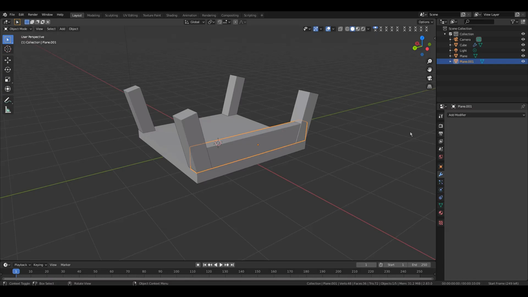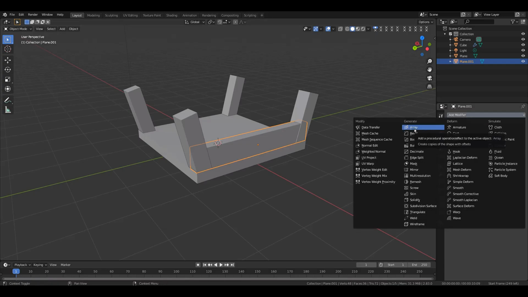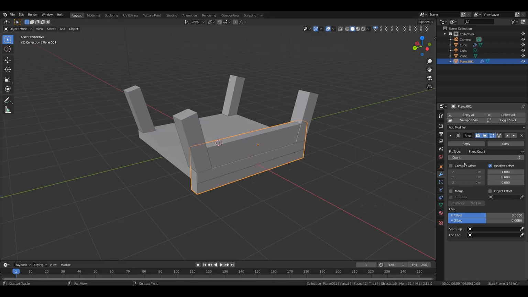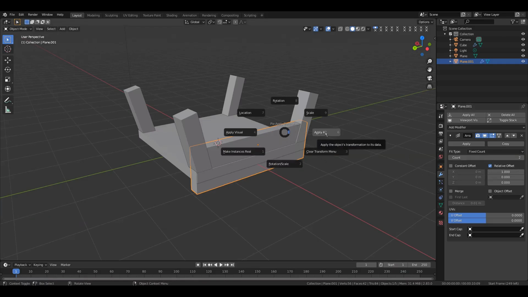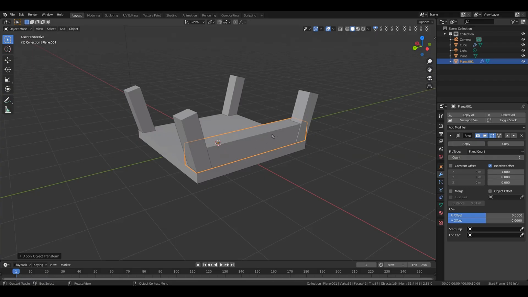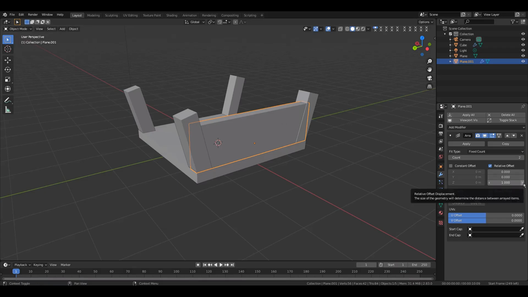Now select this plane, then go to the modifier, then add an array modifier. And before we change these values, press Ctrl A, then select apply all, so this will be its default scale, rotation and location. Now make a right click, then set its origin to geometry. Now change other values to 0 and only change the value of the z-axis to 1. So to fix that, just increase a little bit the value of the z-axis